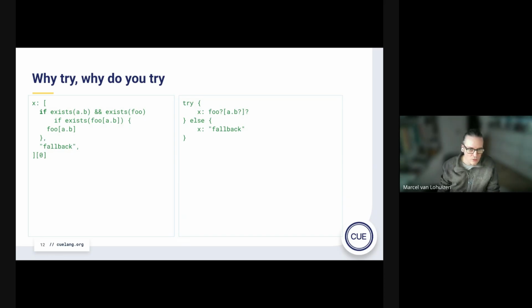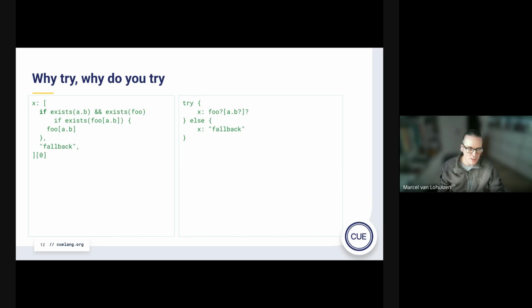So then, I don't know why this still exists. Think of this as comparing to bottom, right? So really what you have, if you have this, you can now write it as you can see on the right-hand side with try, right? So you can say only A has to be there. So if A doesn't exist, it fails, right? But any of these other things can be optional. So this is much less brittle. In practice, it's actually much easier to write many of these things also. And it will get rid of a lot of the comparison against bottoms already.